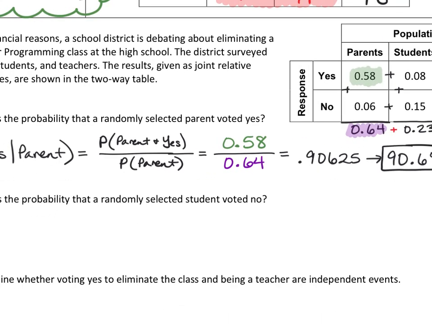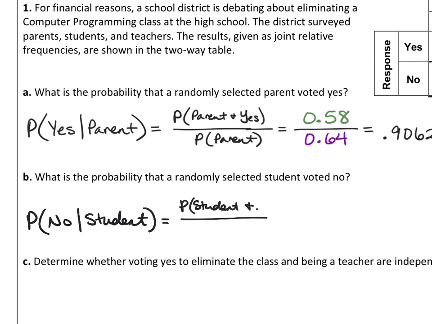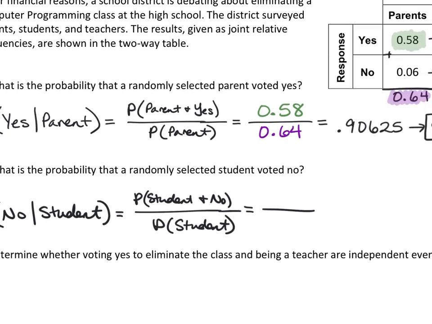So problem B asks you to find the probability that a randomly selected student voted no. So we are finding the probability that a student voted no. I'll set you up this much and then I'm going to let you finish it. I want you to read the table just like we did for part A and figure out this percentage, this probability. So for this question, we are finding the probability that a student said no divided by the probability that we at least ask a student. So if we look at my table, the probability,